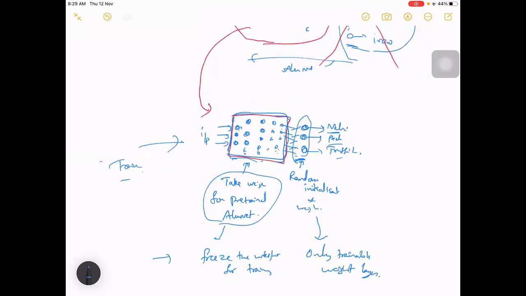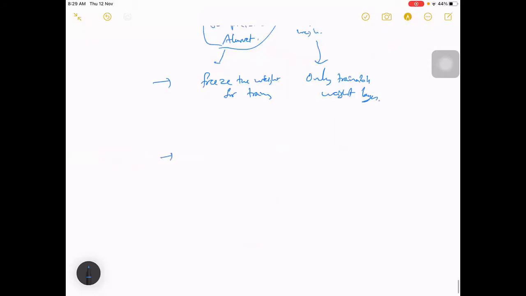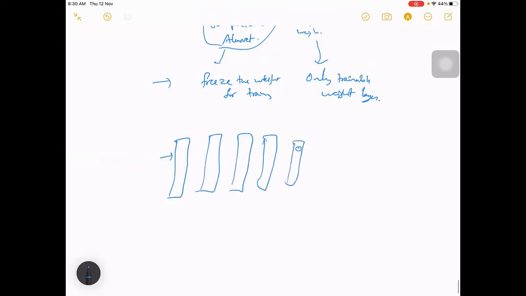Why is it done this way? Let me write a stack of a few layers, and finally an output layer. This is the output layer, this is the input layer. It may be anything: convolution layers, dense layers, or many hidden layers. What will happen is all these will learn how to extract features from your inputs.